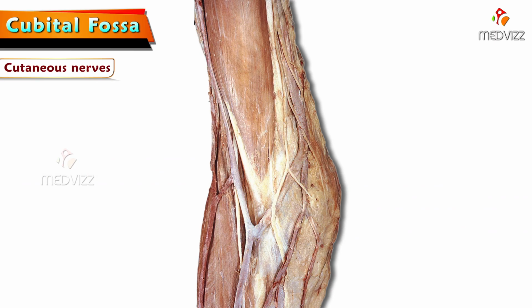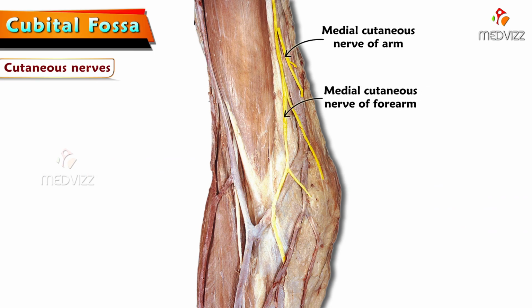On medial aspect, termination of medial cutaneous nerve of arm, and we can also see medial cutaneous nerve of forearm. So we can see these two nerves together. Medial cutaneous nerve of arm, we can see it is terminating in the arm itself, in the lower part of arm, whereas medial cutaneous nerve of forearm, we can see some branches of it. So this is one branch, here is the one branch, and which divides into branches to supply the medial side of forearm.